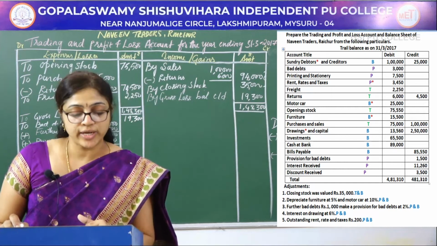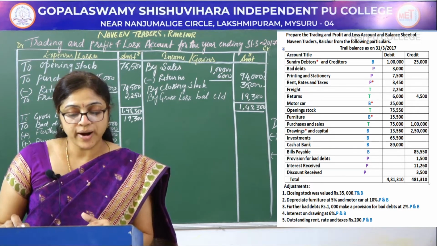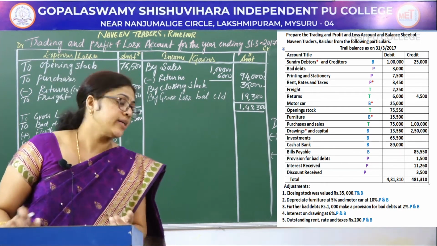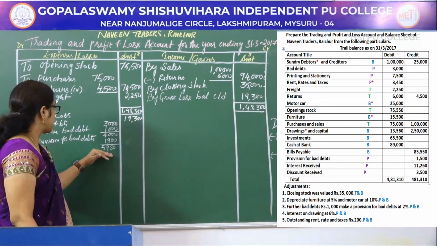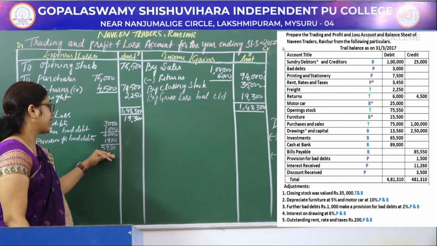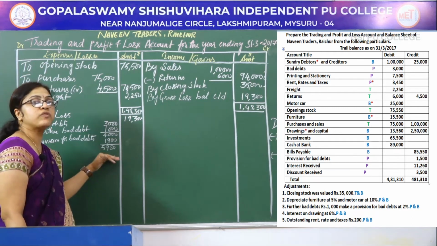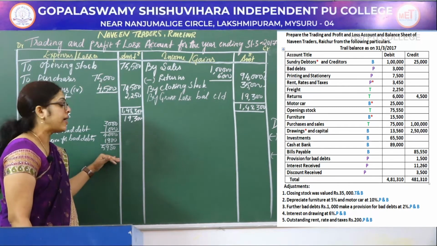It is given in the trial balance. Provision for bad debts, that is 1,500. So here the amount, bad debts amount is 5,980, but bad debts provision given in the trial balance is